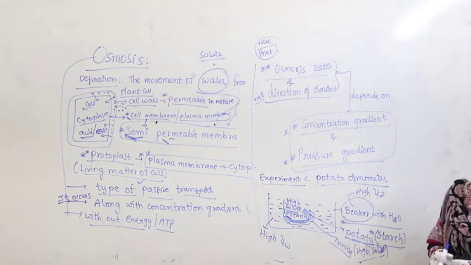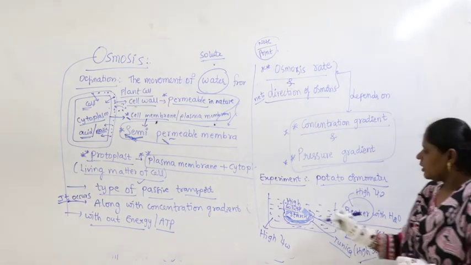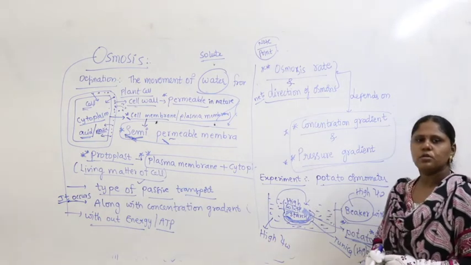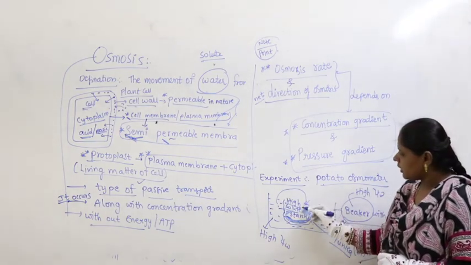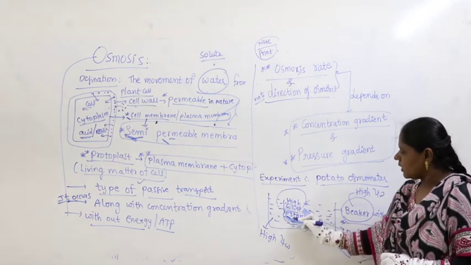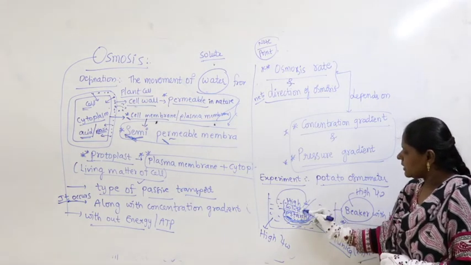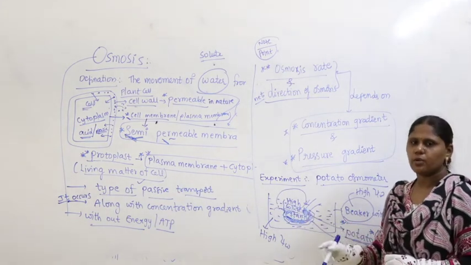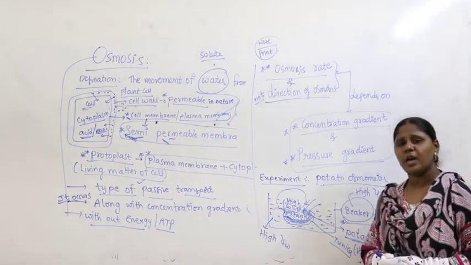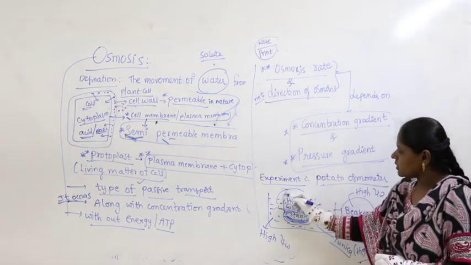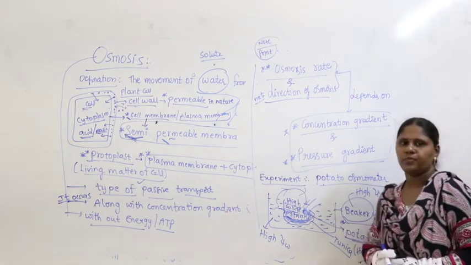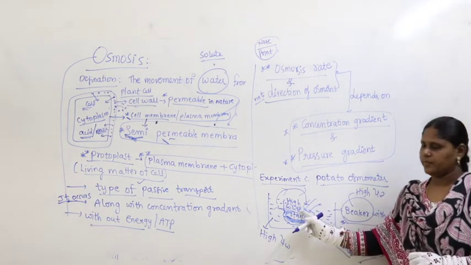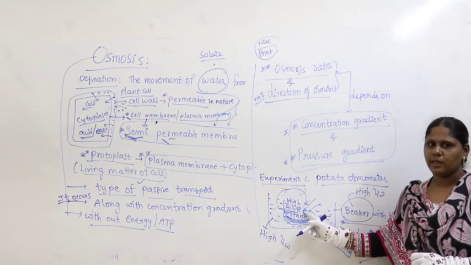Then where to where does the movement occur? Automatically the water moves from higher water potential to the potato. So water tries to percolate inside the potato. So water gets entered here. When water enters here, the starch gets dissolved into the water, and as the water movement direction is in this direction, it enters here. So water is moving from higher water potential to lower water potential. Here no solute, here solute is there, right.